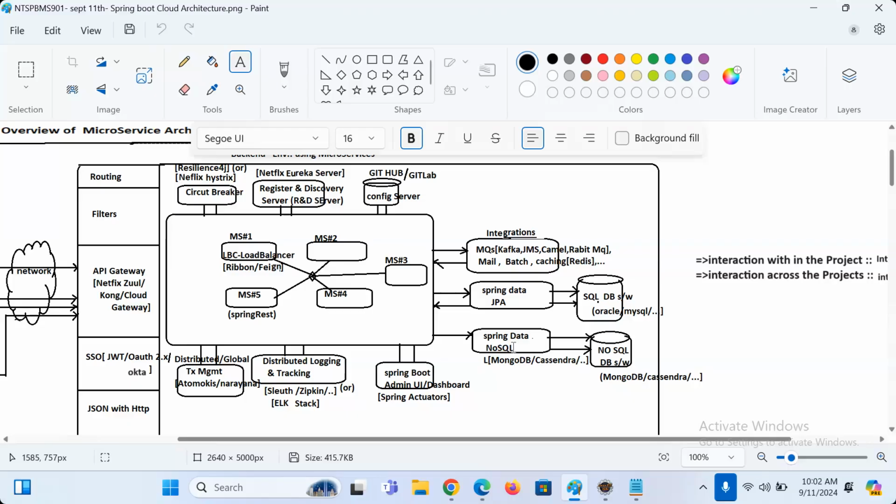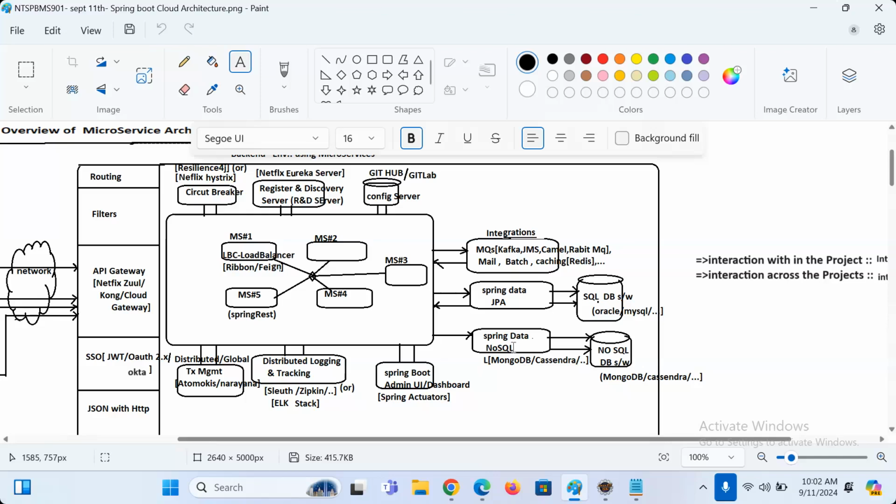That's why we have a concept called keeping them in Git accounts. In GitHub or GitLab, we create a project and add application.properties. There is a concept called config server. Through that config server, we make them available in all MS projects. Then what's the advantage?